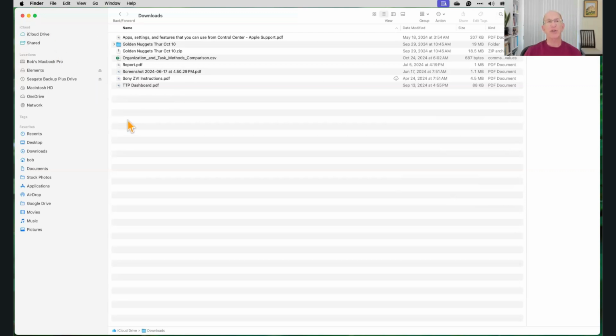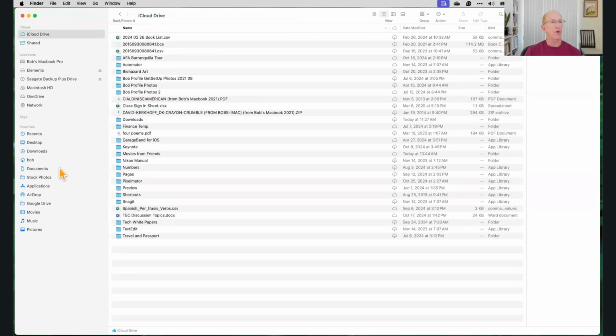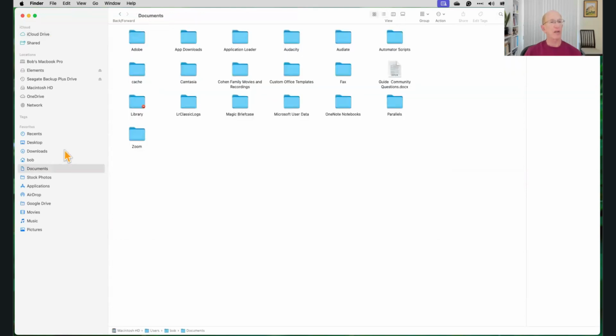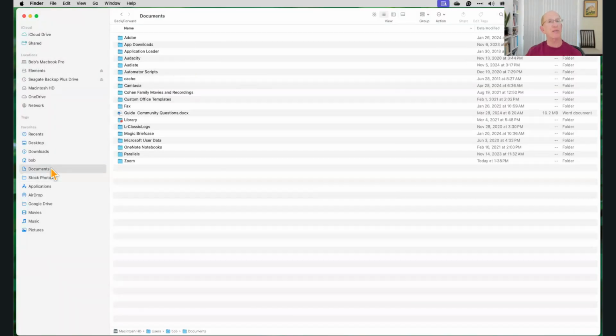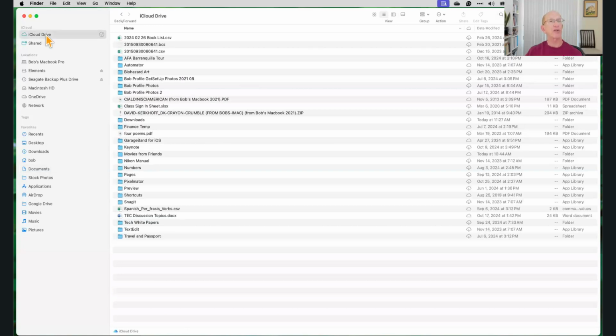So this is where it gets really confusing, and it makes sense to understand where you're located and what you're looking at any point in time to make sure you've got access to it and can view it clearly. Okay, so let me look at one other thing here. Usually things will get saved in documents, or if you're using an Apple application like Pages, they will get saved in your iCloud Drive under Pages. Pages, Numbers, and Keynote